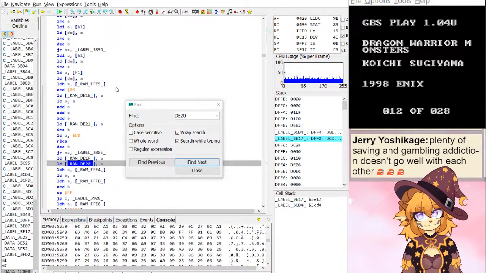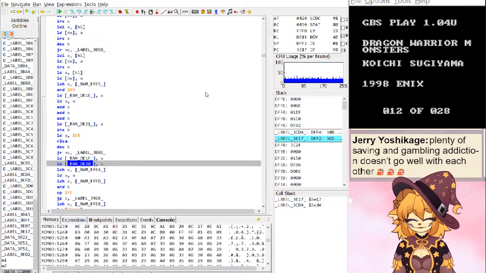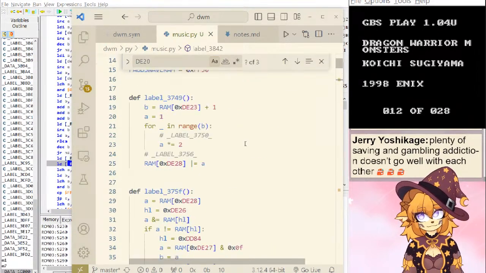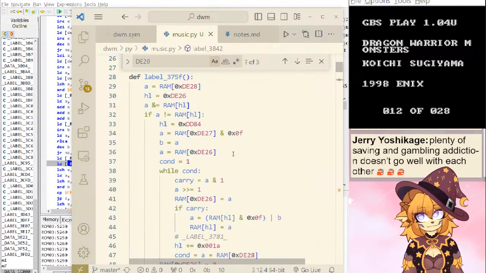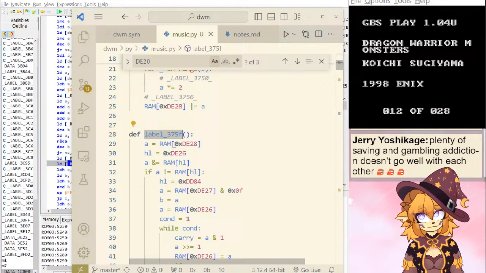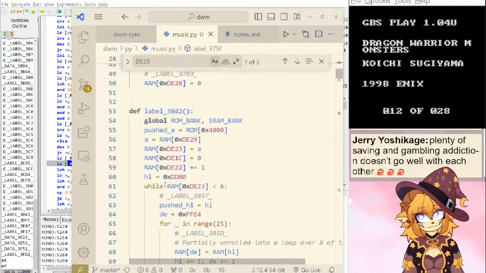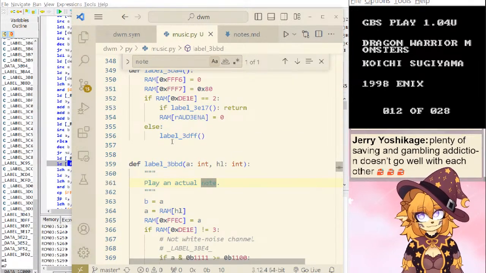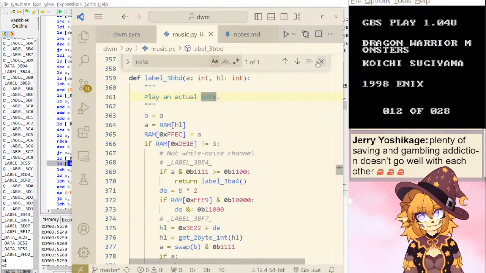Alright. That has to be it for now. We did get somewhat far, even if I don't understand everything just yet. So, what was the note? Plan actual note here.